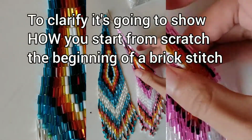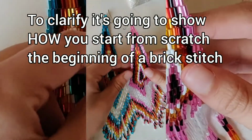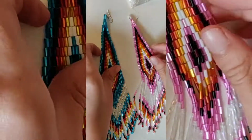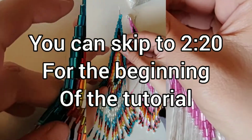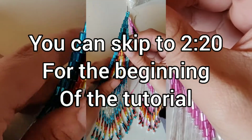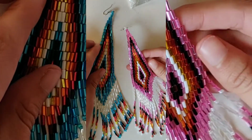You how I start making this earring. And this earring I made myself. And this earring is the one I based this off. I bought this at a powwow last year, and I taught myself how to make this one from different videos